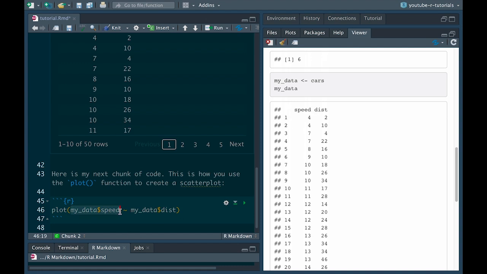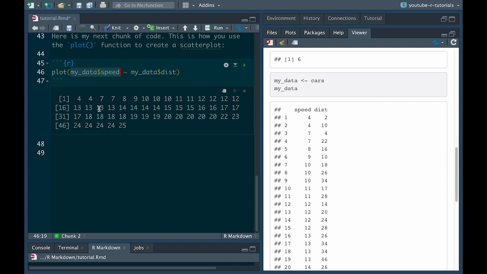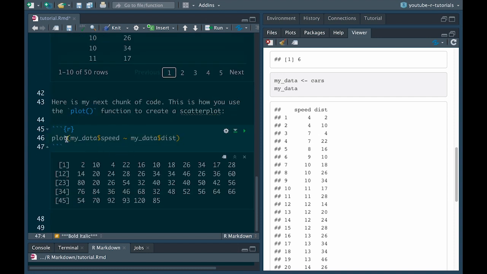So if we were to select that and then do command enter or control enter, you can see that it's just this vector of values under the speed column. And then this is the vector of values under the distance column. And we're saying plot this speed column as a function of this distance column.